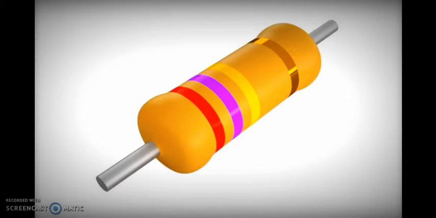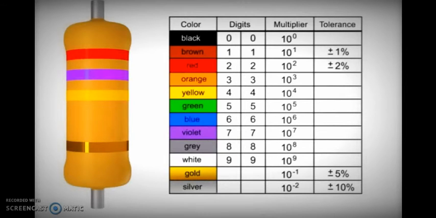Memorizing this color chart will enable you to become proficient and quickly decode any resistance value. In a 4-band resistor, the first 2 bands represent the digits or significant value, the 3rd band indicates the multiplier, and the 4th band indicates the tolerance. Here you can see the first 2 bands red and violet, and the 3rd band is yellow, whereas the 4th band is gold, which is the tolerance band in this case.